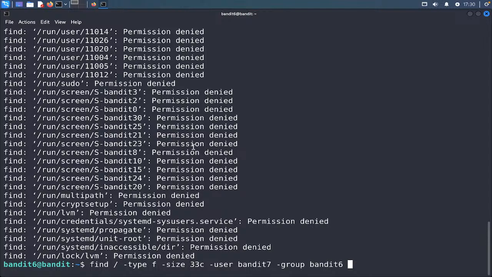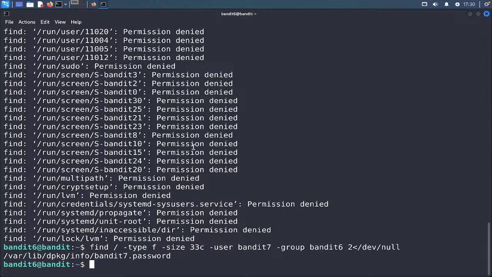Sometimes if the command doesn't work, we basically use the greater than sign and go with /dev/null, right? So this command should also work, and yep, this is working. Sometimes if a command is not working, you can add this and it ultimately gives you the answer for that particular command.